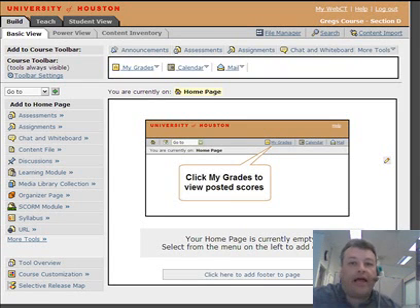Let's look at how any class at the University of Houston could use WebCT to post grades. Of course, grades are private and need to be kept very confidential. With WebCT, each student in their course has their own username and password that only they know. And so this means that you have a secure and private environment where only the student has access to their own grades. So instructors can post a quiz grade, a lab report grade, an exam grade in just a few